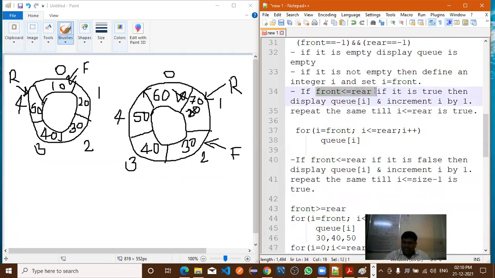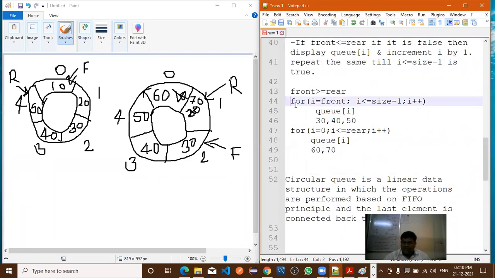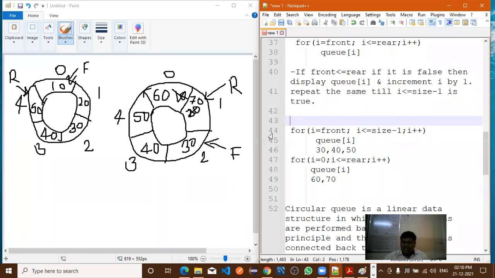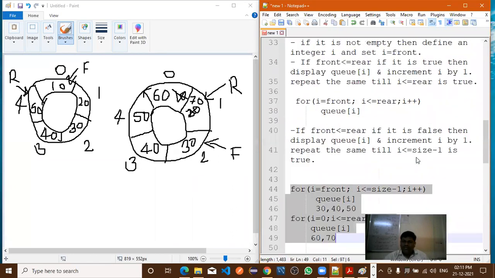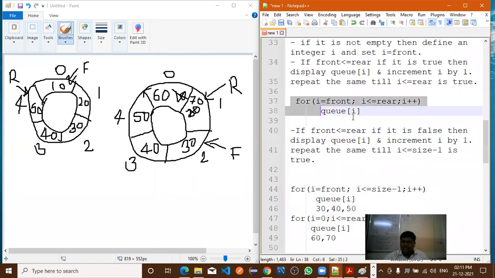If front is less than or equal to rear, if this condition is true, we use this for loop. And if this condition is false, we use these two for loops. Now all of you understood how to display the elements in a circular queue?